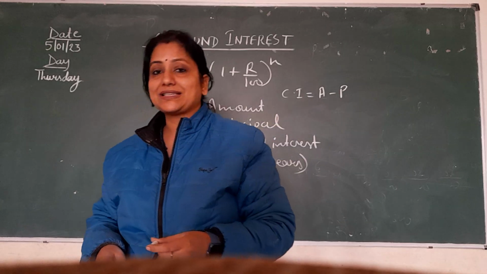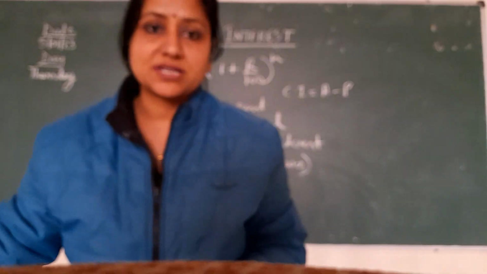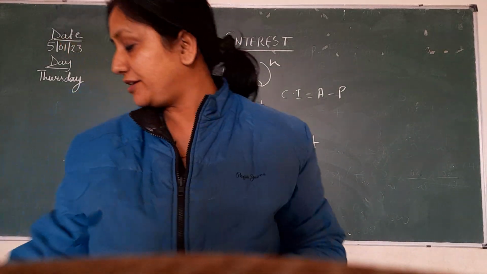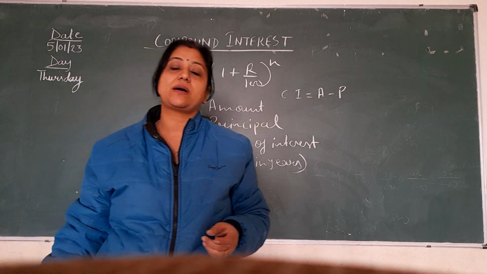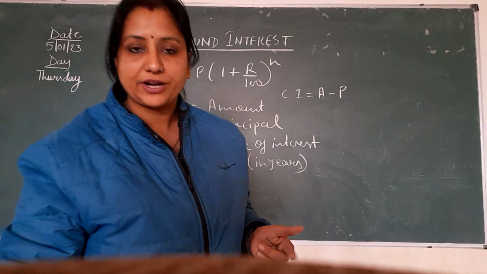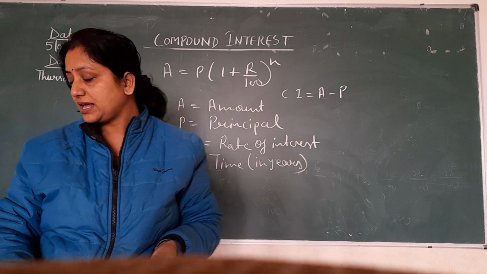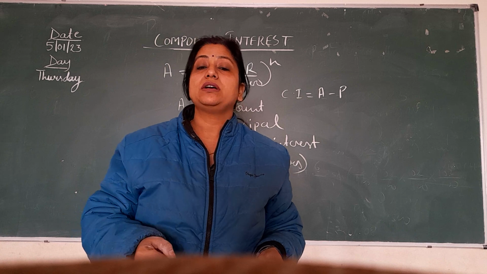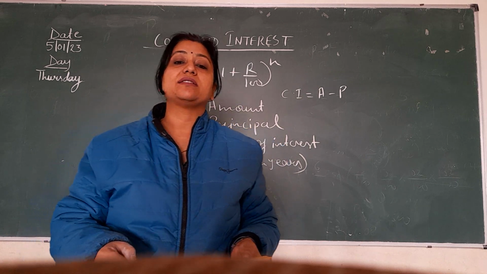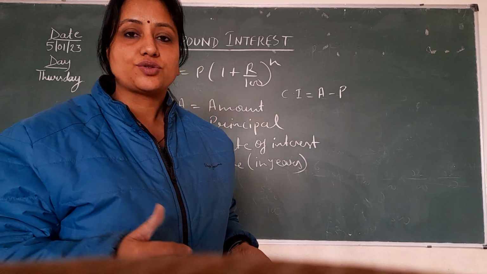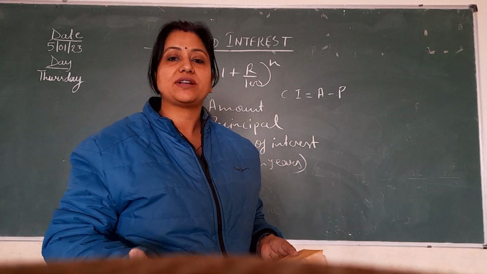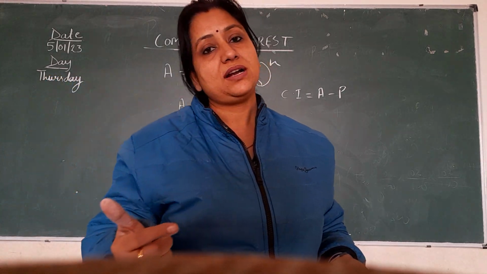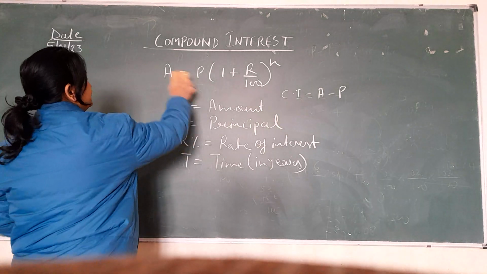Okay, so in exercise 7.2 today I am going to discuss question number 2 and 3. Question number 2 is: find the difference between the simple interest and compound interest. Principal is given, rate of interest is given, and time period is also given, and you will find out the compound interest being renewed semi-annually, and we know that semi-annually means half yearly. So before finding out compound interest, first of all we will find out the simple interest, and then after we will find the difference.